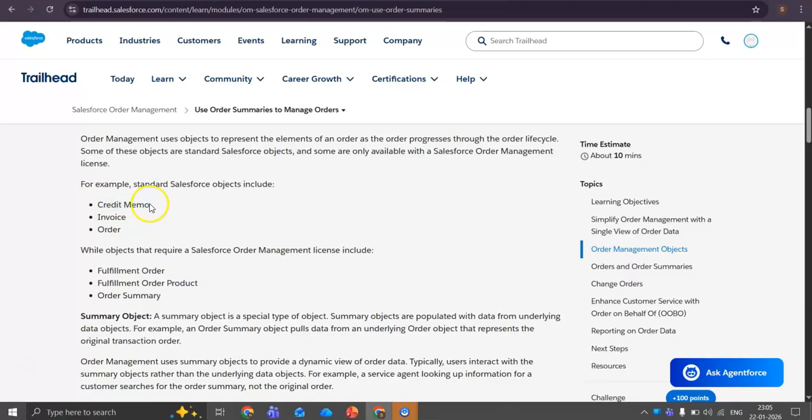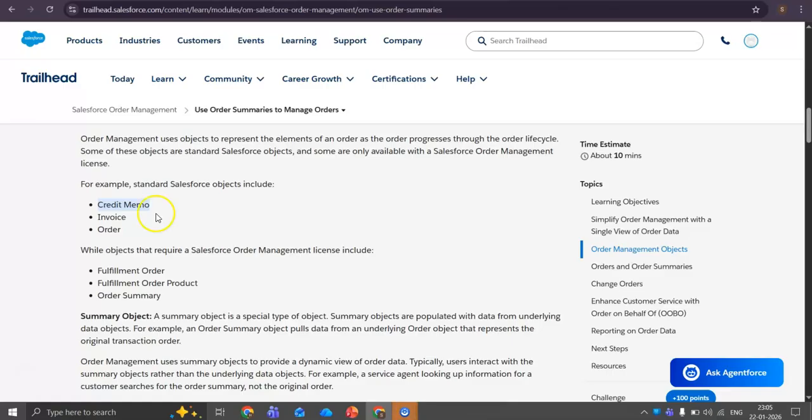And I hope you already know the credit memo because I already explained this in the first session. If you don't know, credit memo is like a reverse invoice, generating a bill for the refund amount, for the return order. We will generate a bill, right? That payment information will be stored in the credit memo. And of course, invoice you already heard, and it will store the billing information, the payment related information for the forward shipping. Okay.